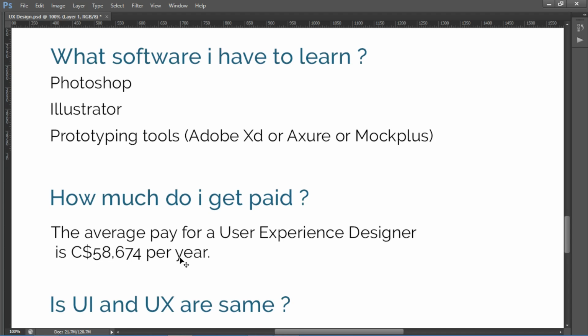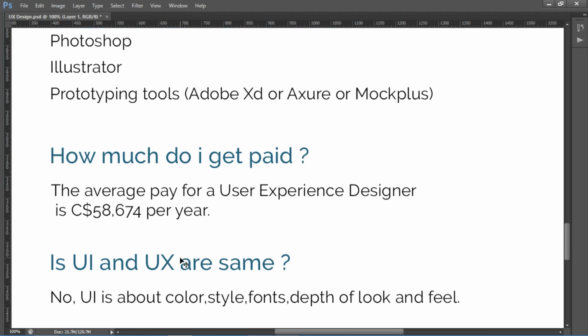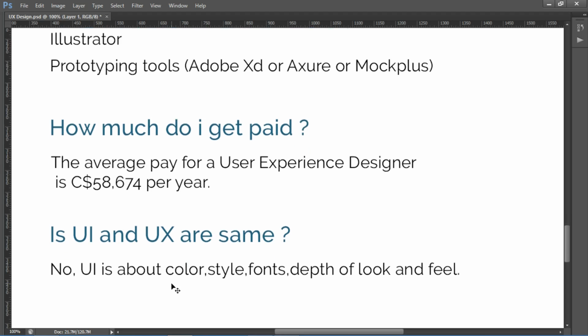Are UI and UX the same? No, UI is about colors, style, fonts, depth, look and feel. UI is basically the look and feel of the app or web application. Whenever you see an app, you will see some colors and fonts.